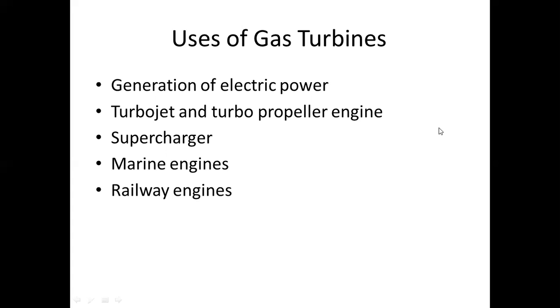Unlike steam turbines or steam engines, the gas turbines do not require water storage tanks or distillation plants. The gas turbines have also entered the field of railway engines. The first gas turbine locomotive was put into service in 1941 in Switzerland. The turbine developed 5,800 kilowatt, out of which 4,200 kilowatt is consumed to drive the air compressor.